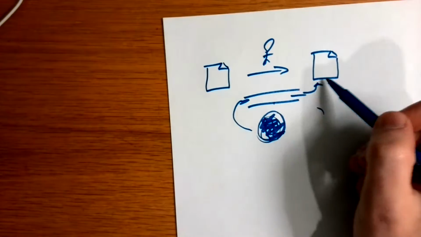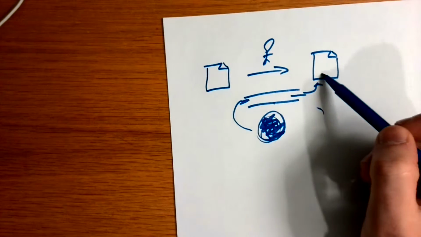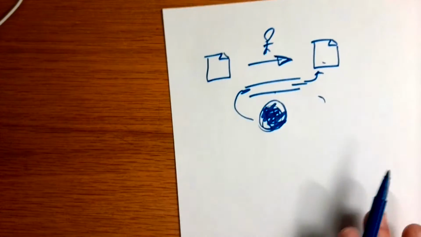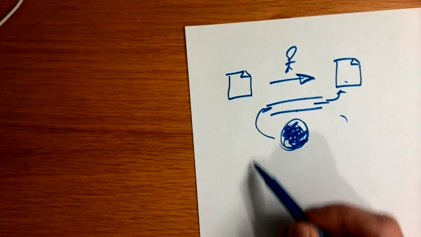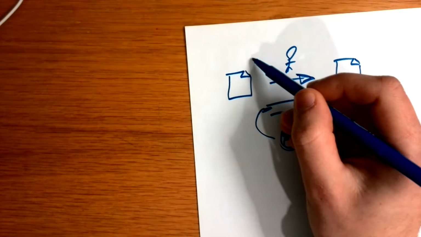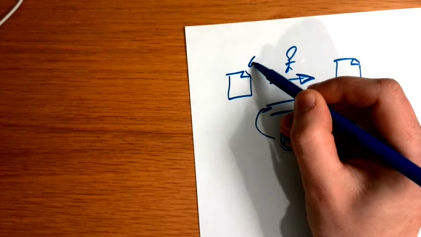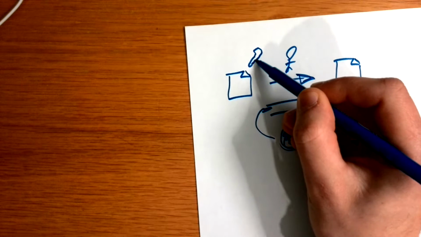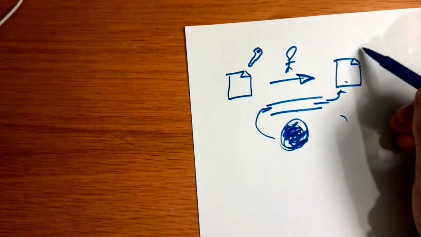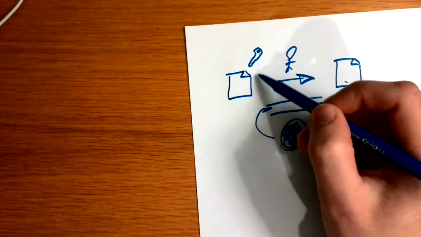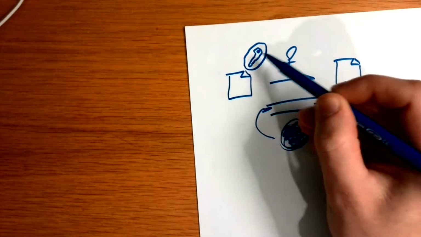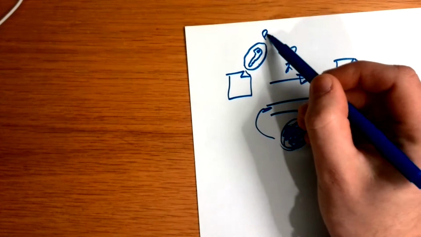Now, there's different ways you can do authentication. You can do encryption, but some of the simplest ways are just by having a key that is used at one end. I'll draw a key. You have a key at this end that everyone has, like a public and private key